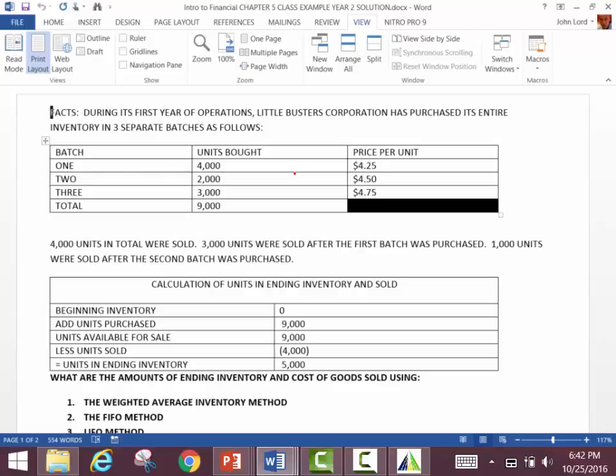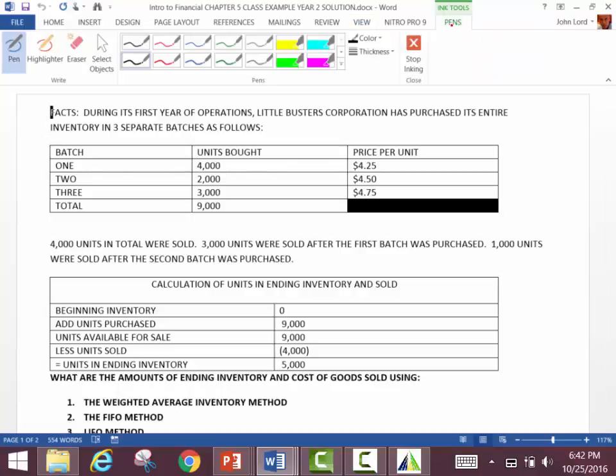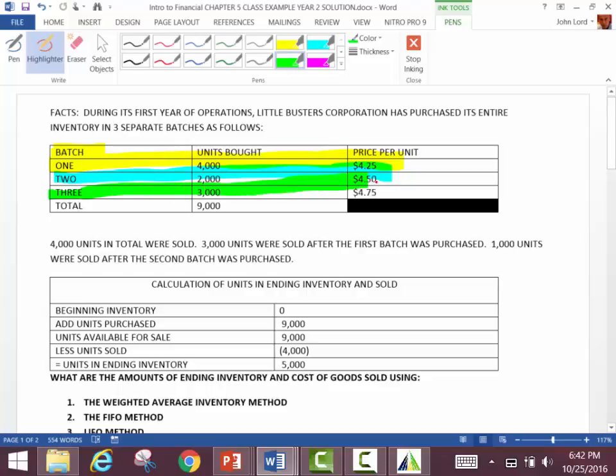They purchased their items. Batch 1, they purchased 4,000 of those at 425, right? Then they purchase batch 2, 2,000 of those at 450. And then batch 3, 3,000 at 475, right? Okay, good. So we have these purchases, and just to make sure we understand here,